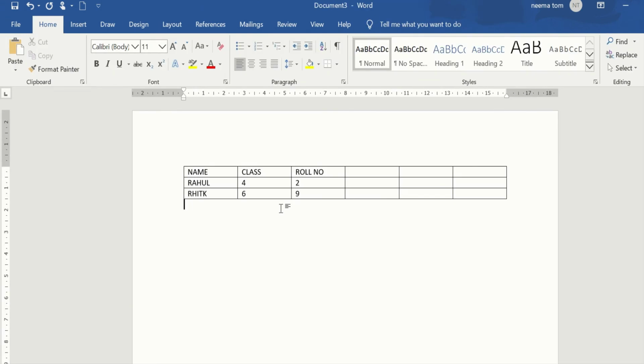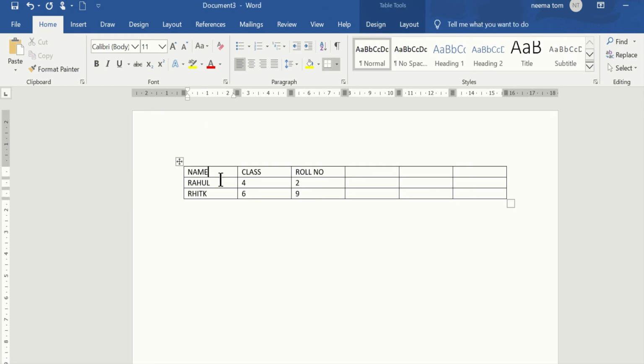If you want to move between the cells, we use the tab key to move forward like this. I am pressing the tab key, and you can move like this. And if you want to go back to the previous cells, then you have to press shift and tab like this. You can move back and make any changes you want.